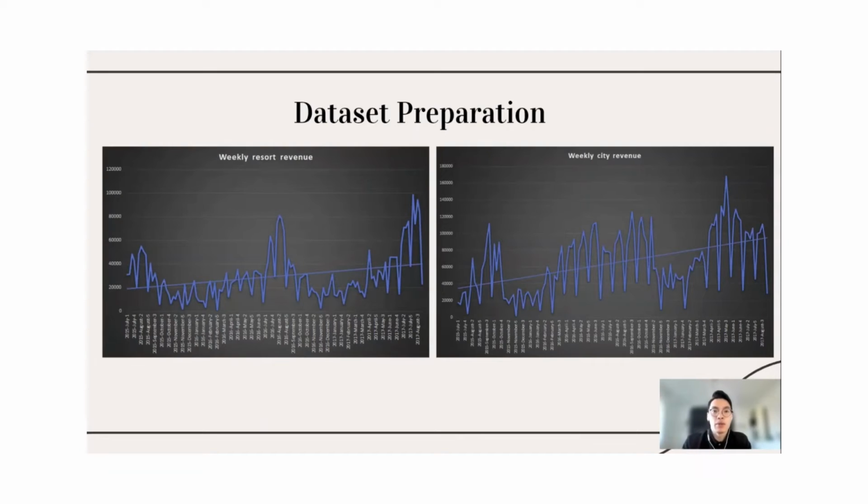To determine whether there was seasonality in the data, we decided to create a chart containing a trend line for both resort and city hotels, as you can see in both figures. In this case, the x-axis was indicated by the year, month, and week number, and the y-axis was indicated by the weekly revenue of the respective hotel. As there was an upward trend in both charts, and the weekly revenue appeared to be the highest in August of any given year and the lowest between the weeks of November and January, we determined that there was seasonality in the weekly revenue of both hotels.